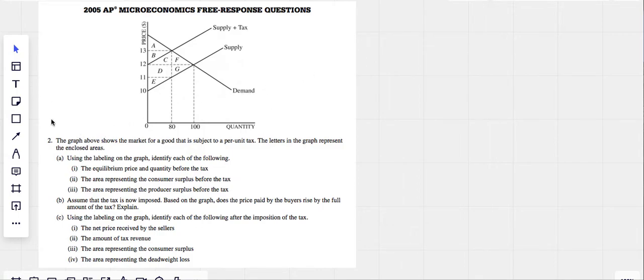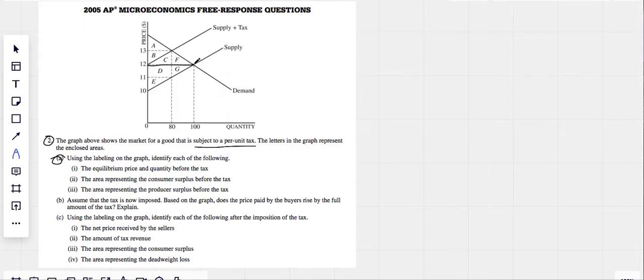2005 AP Micro number 2, which is obviously an indirect tax question. All right, so the graph above shows the markets for a good that is subject to a per unit tax. The letters in the graph represent the enclosed area. Using the labeling on the graph, identify each of the following: the equilibrium price and quantity